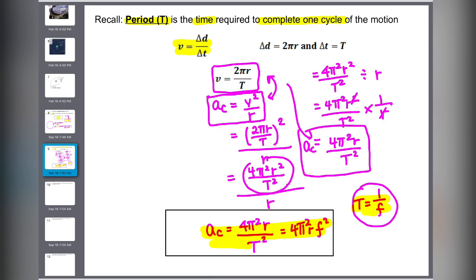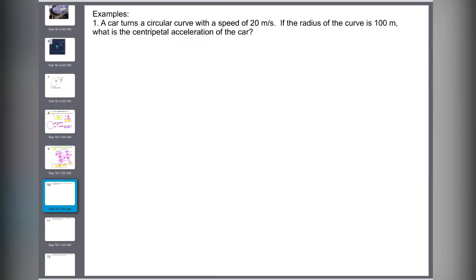So just combination, depending on what they give you in the question, these are choices that you can have, okay? So let's rewrite all the equations out so I have them all available. I know a_c is v squared over r. I also know that v is 2 pi r over T. Combining the two, a_c can be 4 pi squared r over T squared, or